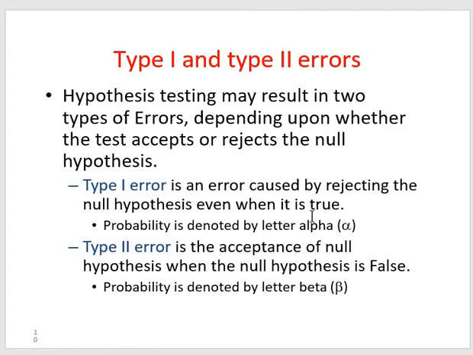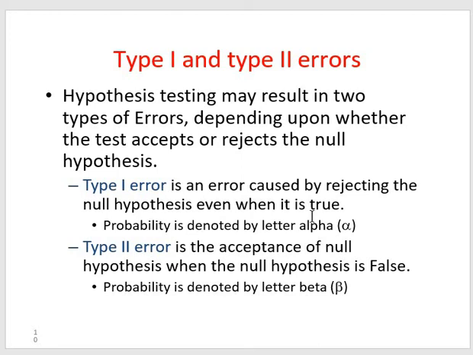Let us consider that a patient has gone into a laboratory to perform a certain test. When will we say that a type 1 error has occurred? The example of a type 1 error is a test that shows a patient to have a disease when in fact the patient does not have the disease. That is the type 1 error.